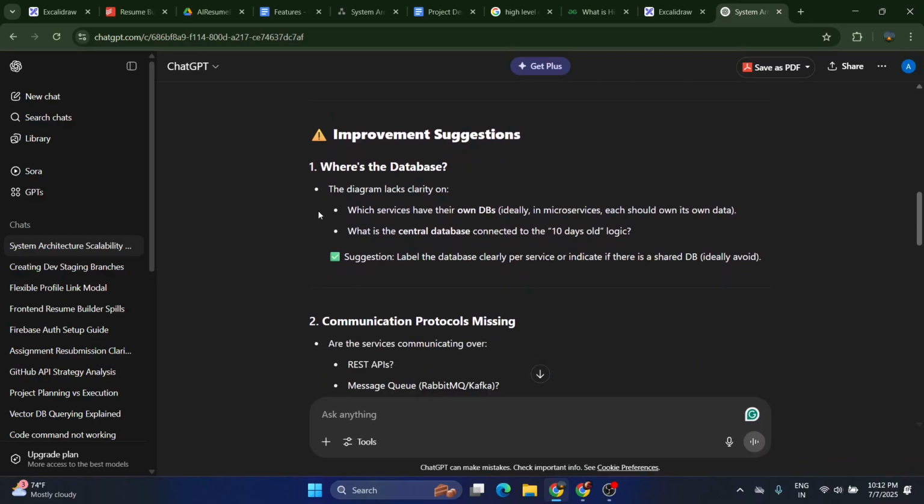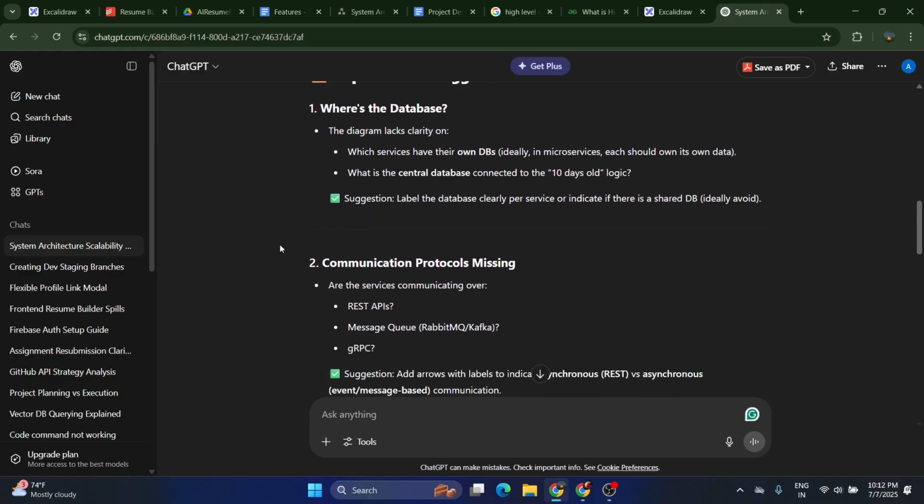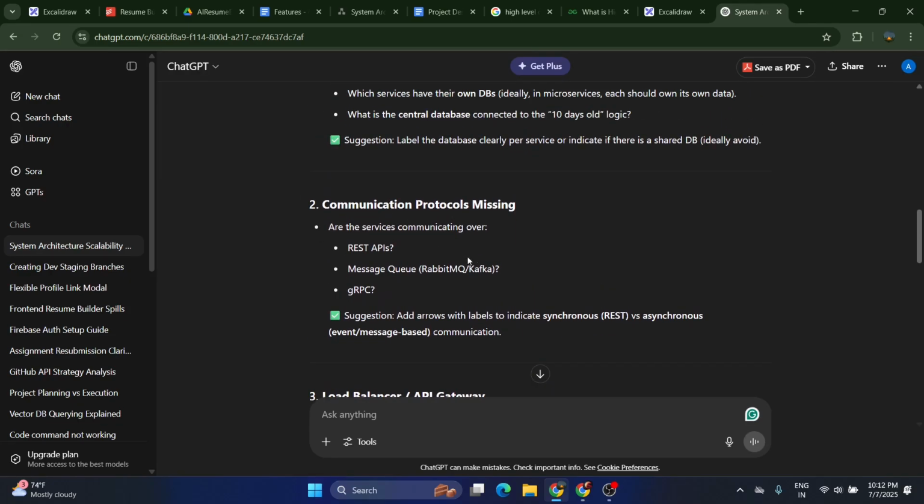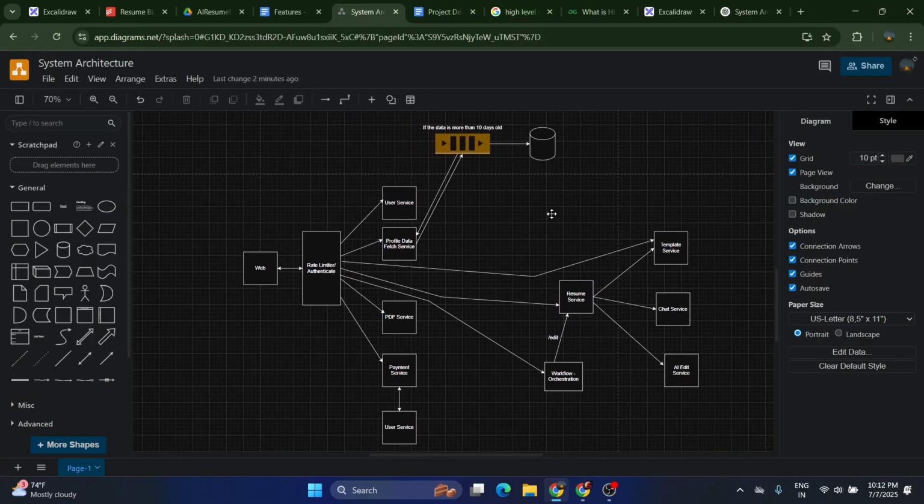Where's the database? Yeah. The diagram lacks clarity on which service has its own database. Ideally, in microservice, each should have, which is true. Like we are doing it. Microservice है? Which is the central database connected to? Yeah, we have to improve this. Label the database clarity per service or indicate if there is a shared DB. Ideally, avoid. तो हम ये देखते हैं कि जहाँ पे हमको कम्युनिकेशन करनी है, जैसे यूजर सर्विस है, तो ये